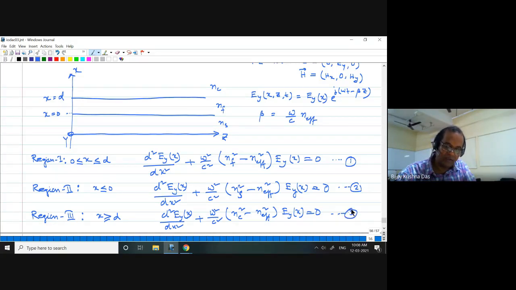Okay, and for this, you see n effective for a guided mode field distribution Ey(x) has a specific form throughout the core and cladding, and it should have an effective index. Region 1 only differs by NF, region 2 differs by NS only, and NC. N effective is the same everywhere because the mode is traveling as a solution for the system of core and cladding, top cladding. Now you see, I have a quick question for you.